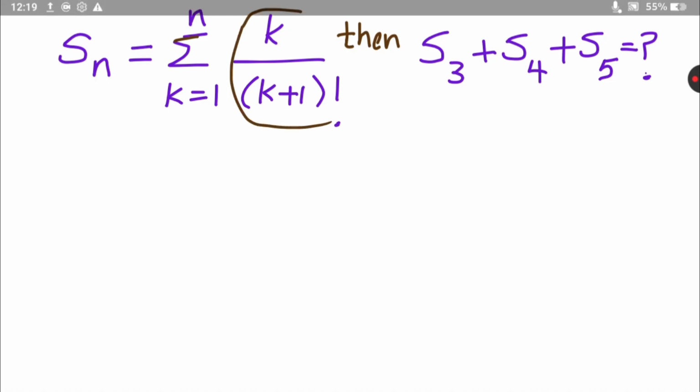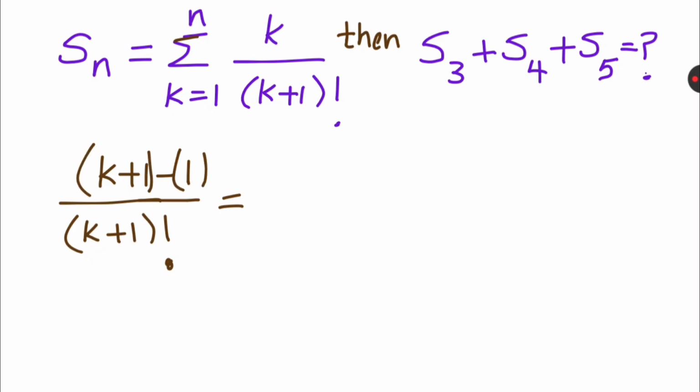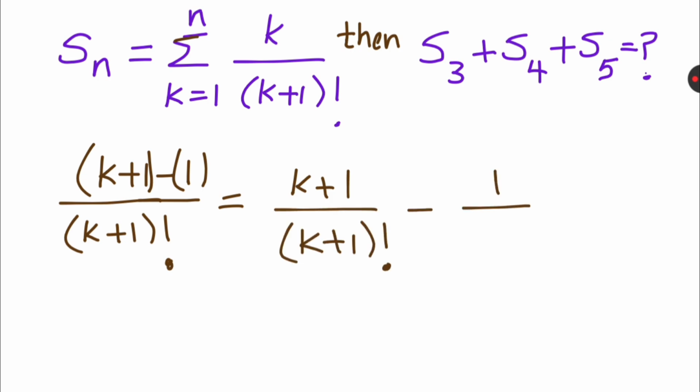To take this expression, we have k over (k plus 1) factorial. In the denominator we have k plus 1, so in the numerator also you have to add 1 and subtract 1. Then we can split into two parts. This is the first part and this is the second part, and the denominator is the same. So we can write this as (k plus 1) over (k plus 1) factorial minus 1 over (k plus 1)